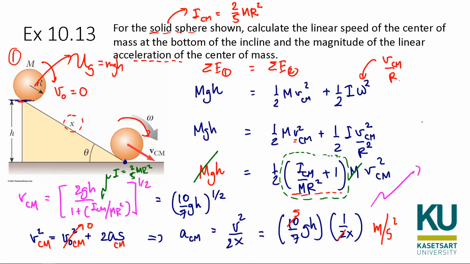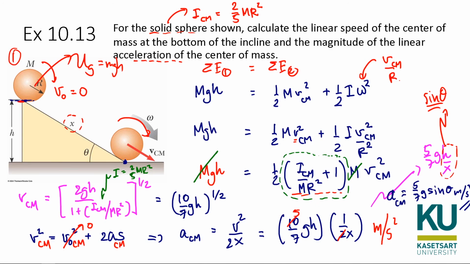This term is equal to 5/7 gh over x. But as you can see, in the relation of h over x, this is h and this is x, which is the definition of sine theta. So you can write this term, rather than gh over x, as 5/7 g sine theta, in meters per second squared. If you want to define the a_cm of this motion,